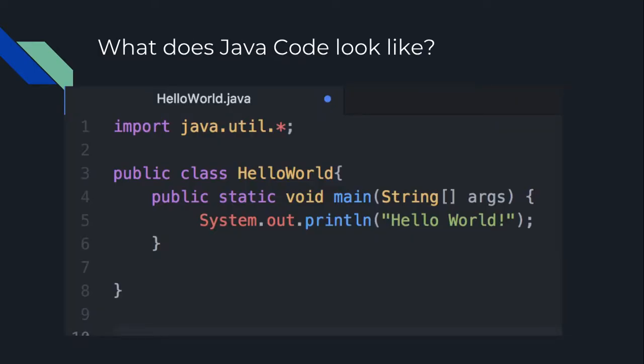So this is what Java code looks like. You don't really have to understand every single thing in this Java code. What I want you to get out of this video is to try to pick out just small keywords and see what exactly this code does, or like a general overview of what this code does. So some of the keywords that I do want to point out is this class called Hello World and this main function. And the reason why I know this is a main function is because it's called main and it